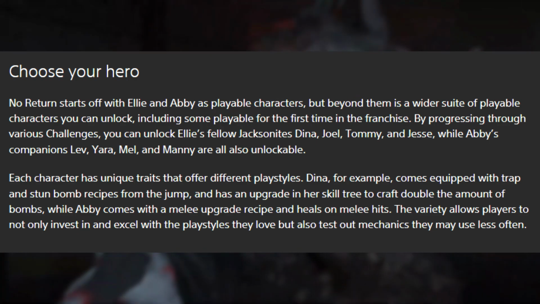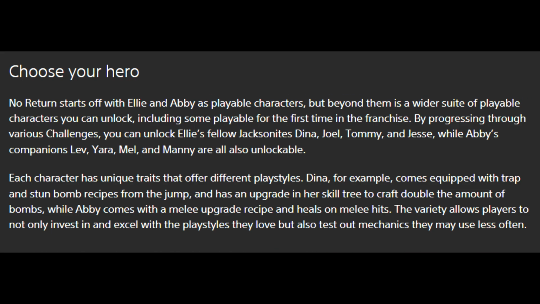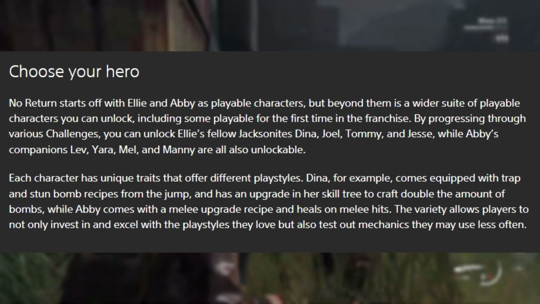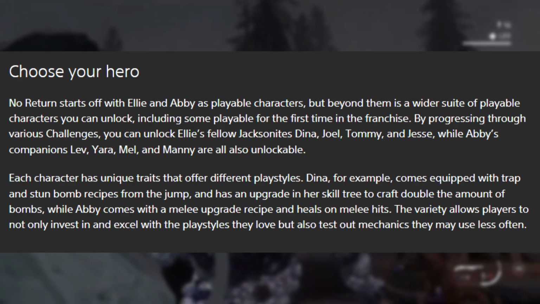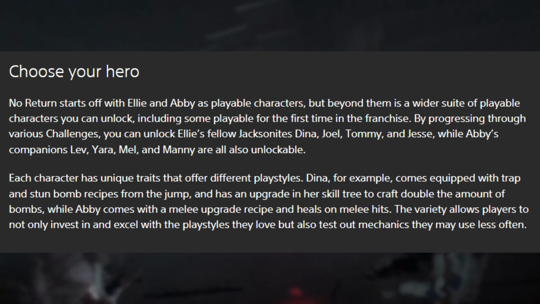By progressing through various challenges, you can unlock Ellie's fellow Jacksonites, Dina, Joel, Tommy, and Jesse, while Abby's companions Lev, Yara, Mel, and Manny are also unlockable. Each character has unique traits that offer different playstyles. Dina, for example, comes equipped with trap and stun bombs, recipes from the jump, and